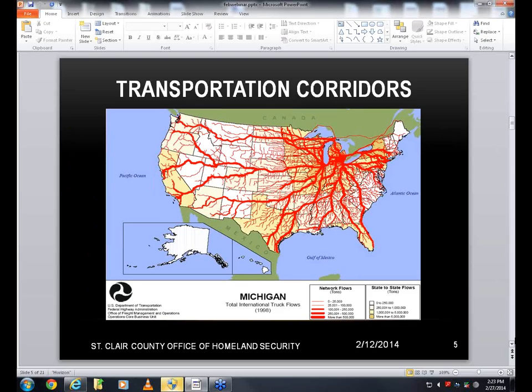I kind of wanted to put up this map of the transportation corridor. This is probably 15 years old. I haven't been able to find another one. But if you look in Michigan, you'll see a big black blob. And that basically leads into our county and then disperses down towards Detroit, out through Flint, and a lot of it goes to Chicago, and a lot of it goes down south and over to the east. It's just reinforcing the amount of transit and truck traffic and rail traffic that we have